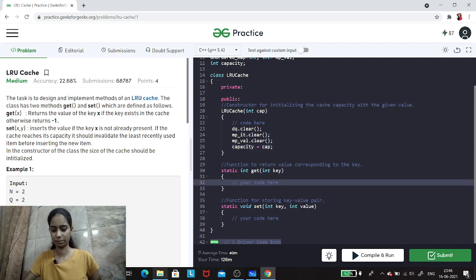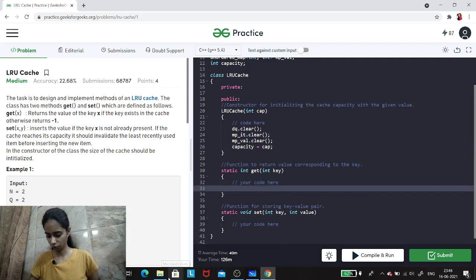Now we'll implement our get method. Whenever we get, firstly we need to check whether it's present or not. If it's present, then we'll push it into the front, and if it's not, we'll simply return -1.